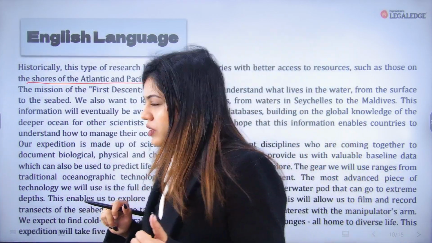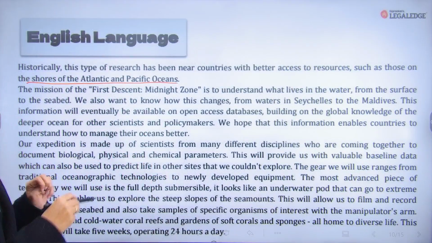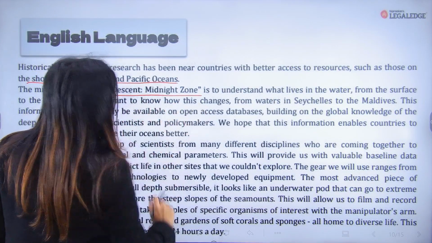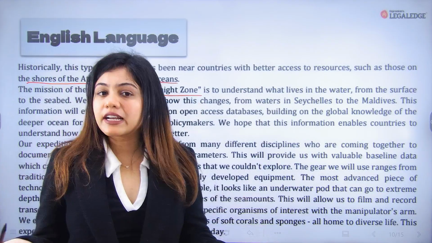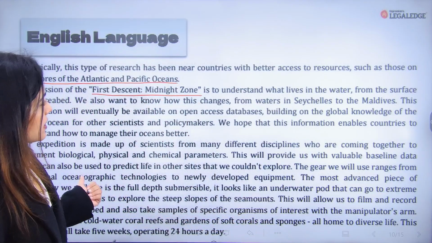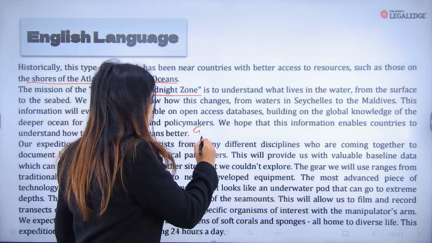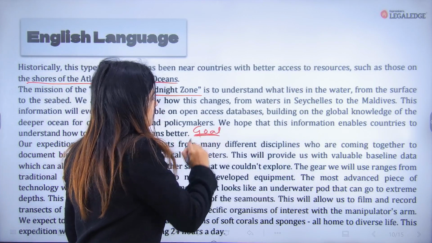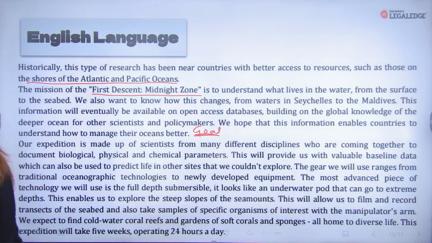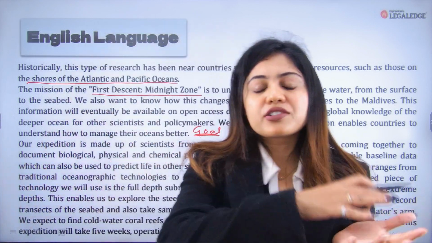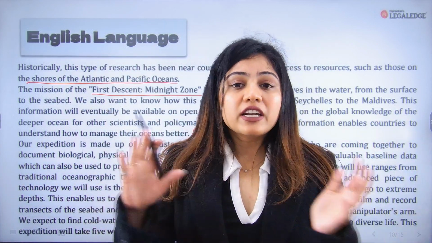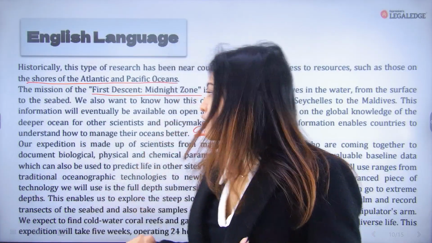So we also get to know that the name of the mission is First Descent Midnight Zone. Why is it the Midnight Zone? Because the sun's light does not reach this place. Right. And that is to understand, so this whole paragraph tells us about the goal of the mission. Right? It's to understand what lives underwater. Secondly, we also want to know how this changes in the waters between Seychelles and Maldives. So how Seychelles' water, you can say ocean, is different from Maldives,